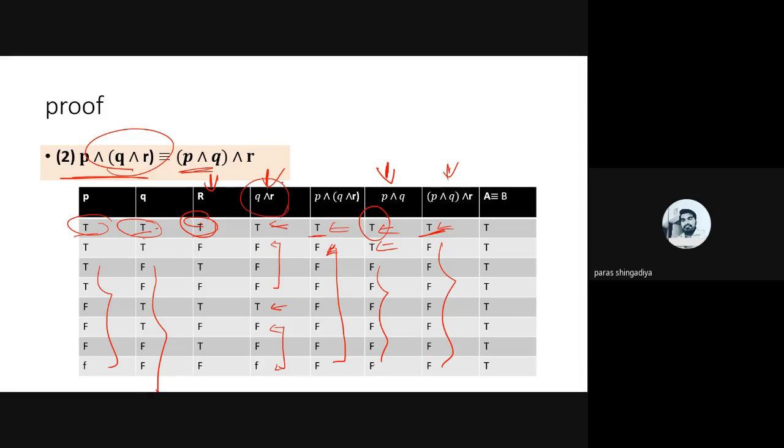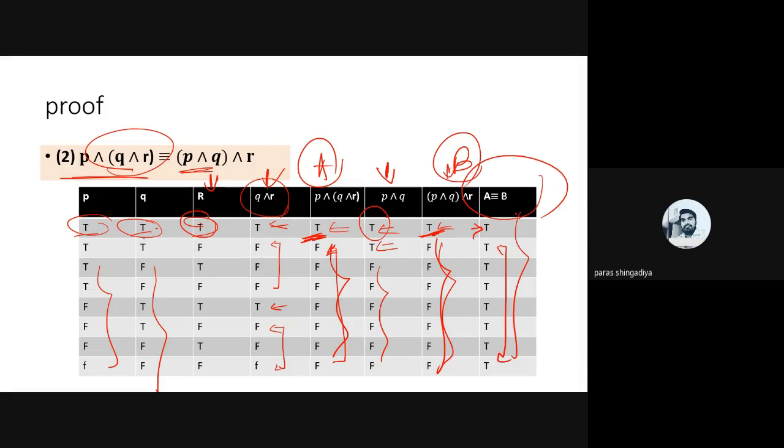So now compare this A and that B by using the biconditional relation, and as you can verify, at the first place both are T, so it is T, and in all the remaining places both are F, so write down here T directly. Okay, so all values are T, and therefore it is a tautology, and therefore they are logically equivalent. Okay, so it is the proof of the second one.